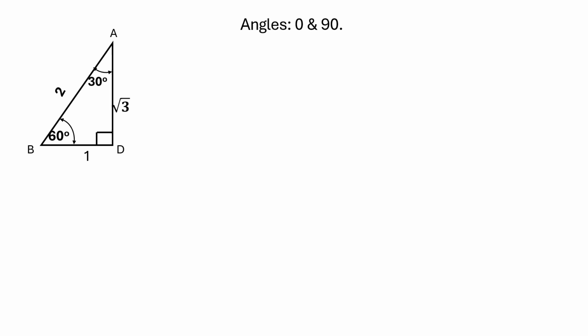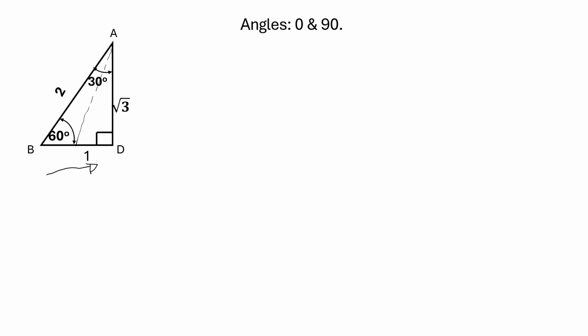In order for us to get 0 and 90 degrees, we need to do a little construction here. The construction we are going to have is to bring B from where it is to move towards D. So B is going to move towards D as we move this way. In that case, BD will be reducing. And so we see that as B